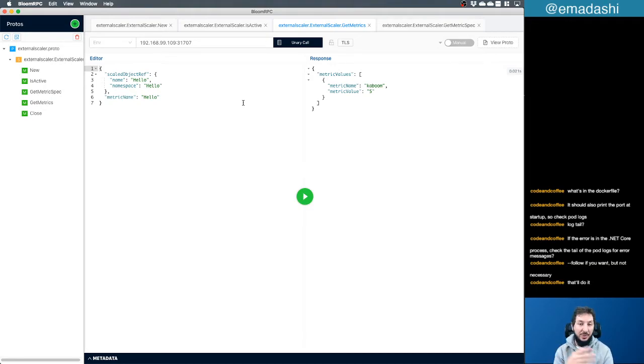We're going to scale it up and down. We will create a scaled object that will depend on our external scaler to scale that sample deployment. If everything is going to be fine, and we scale the sample deployment properly based on these fixed